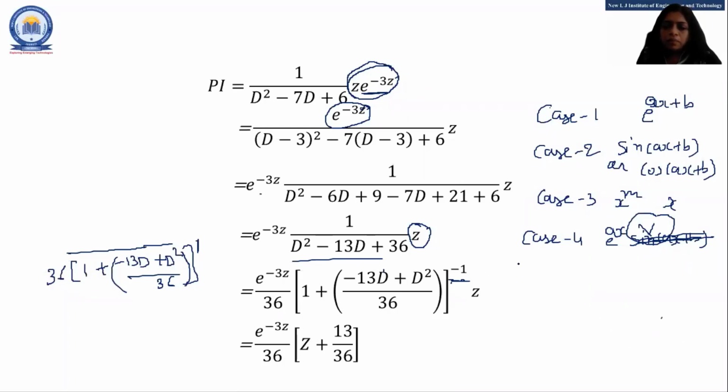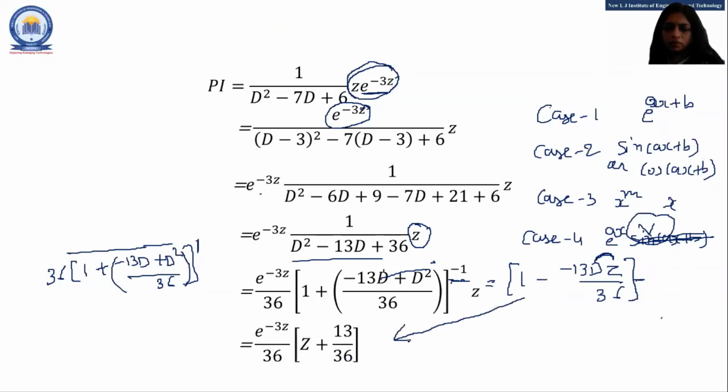If I apply the binomial expansion, 1 minus, this one is minus 13D z upon 36, right? The next step is plus minus minus, but this one is D square, so no need to write. I just keep the other step. So this is 1 minus minus 13. So minus minus plus. D of z is what? D of z is the derivative of z with respect to z, which is 1. So minus minus plus, D of z is 1. So just z plus 13 by 36 is remaining, right?